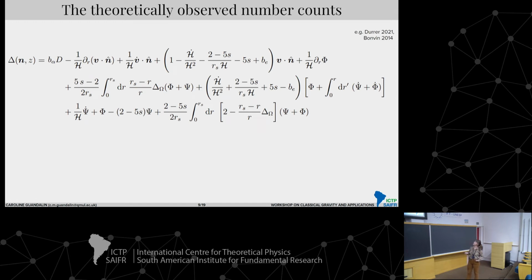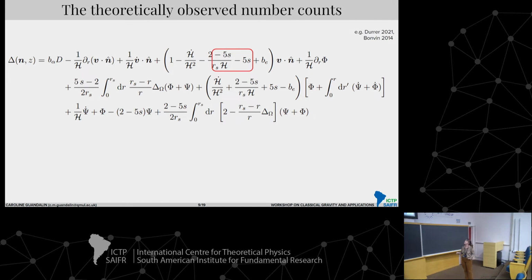So this is just to show the theoretical expression for the number counts of galaxies, or any dark matter tracer, as you observe at a certain angle and redshift. In particular, this one here is the effect that I just gave you as an example. This would be the effect of the gravitational potential redshifting the photons. Then you have here the standard Kaiser effect, which is just the traditional redshift-space distortions. And here you have the effect of magnification bias, which is associated with lensing.